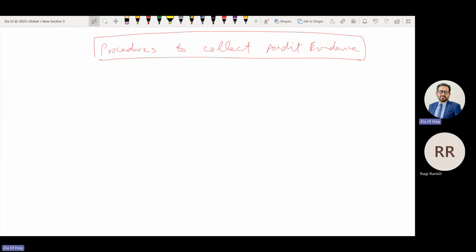So there are some procedures, meaning actions of the auditor that the auditor performs to collect audit evidence. What are the procedures?